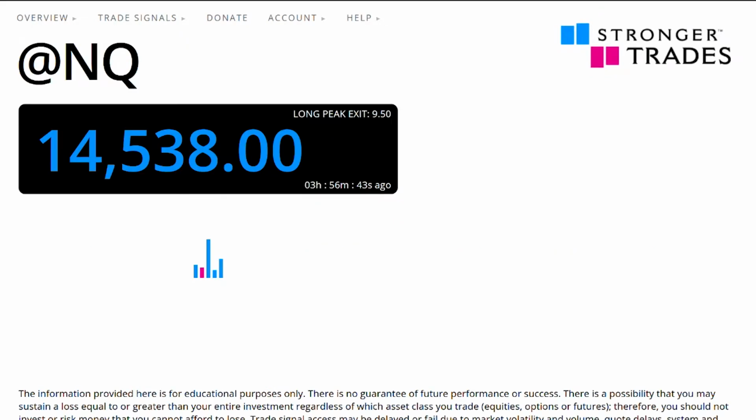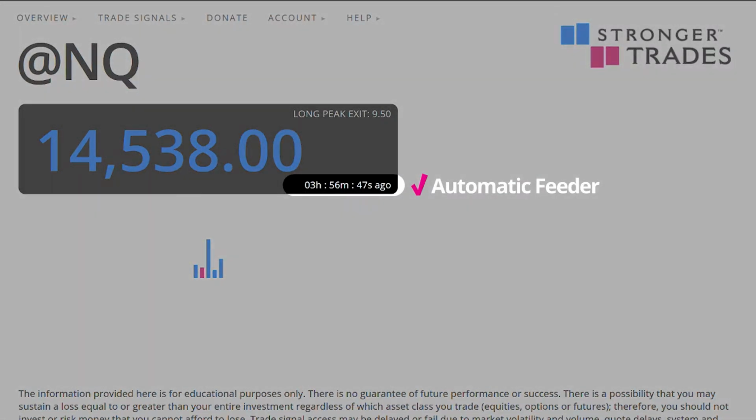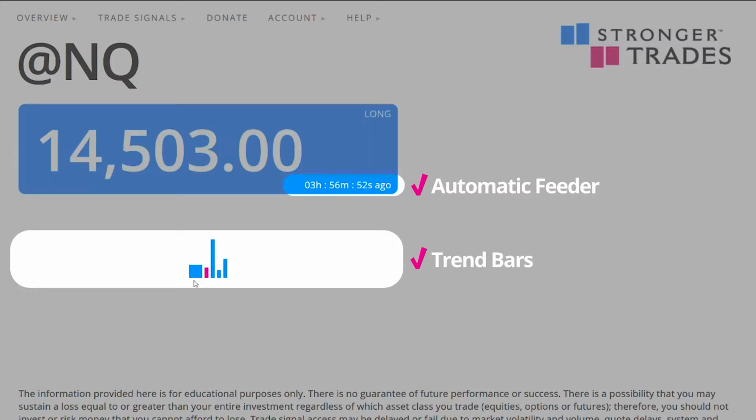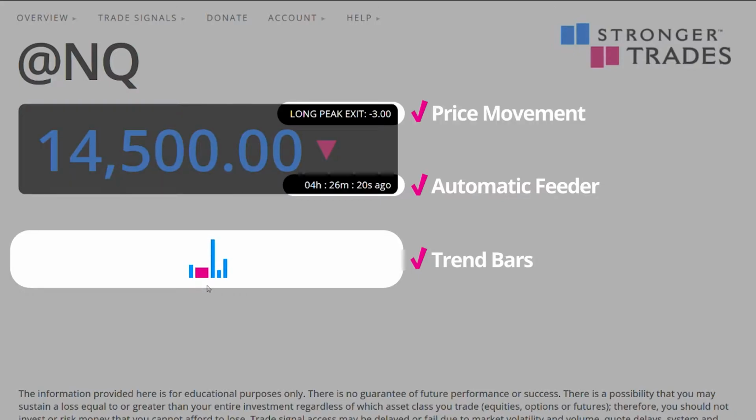For our premium trader accounts, we've added a few features to make the trading experience more rewarding, such as an automatic feeder that refreshes the signal by itself, and trend bars that allow you to see how the trade is performing. With these trend bars, you can even go back in time to see where the price may have jumped in your favor. These also help many traders develop a rhythm to their trading, and aid in deciding when to